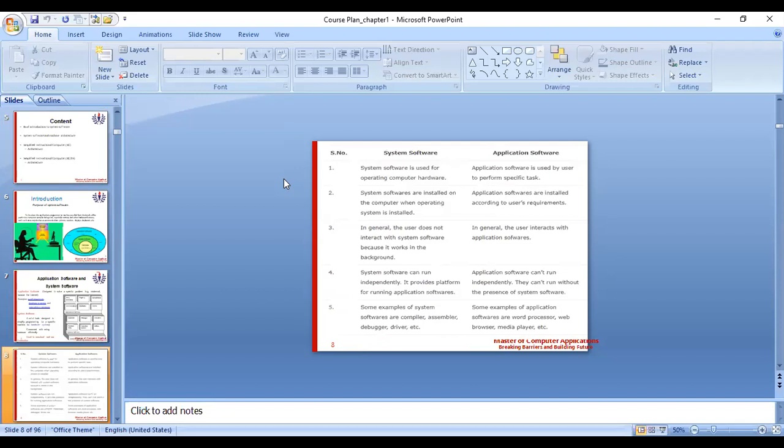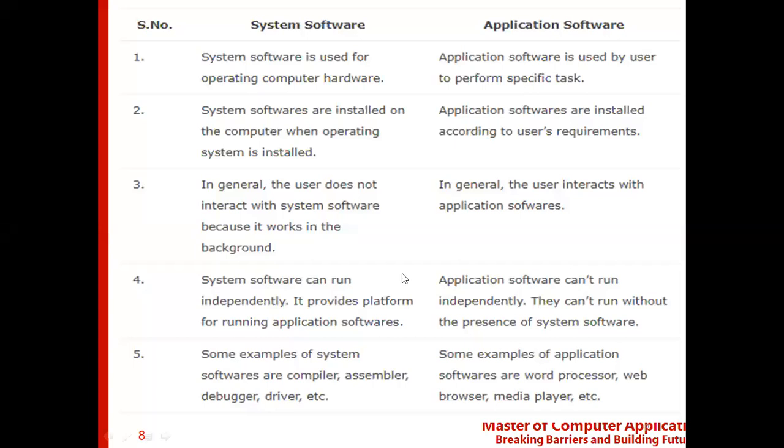The system software comes with our system, whereas application software we need to install separately. System software is used to run the application, whereas application software is used by the user to perform a specific task.